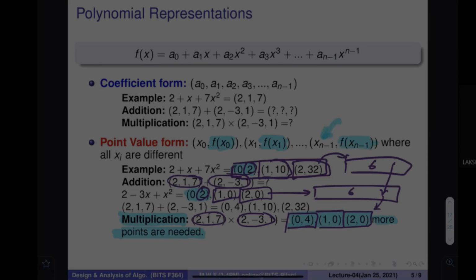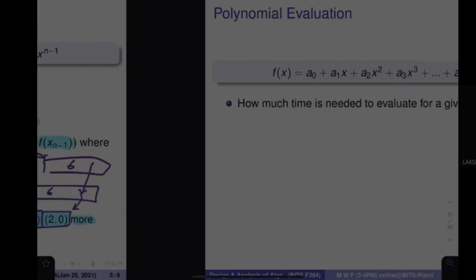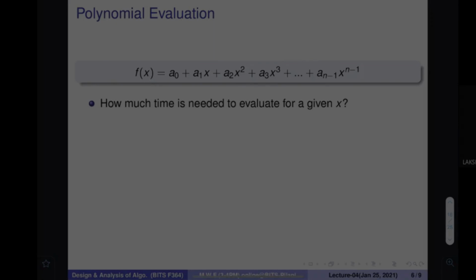How to find that? It is not difficult. If a polynomial function is given to you, and you want to evaluate it on a particular value, for example a value x, how much time is needed? The first value is immediately available. The second value needs one multiplication. For the third value, because x is squared, you multiply x with x, and then multiply with a, so 2 multiplications. Here you need 3 multiplications. Similarly, here you need n multiplications.